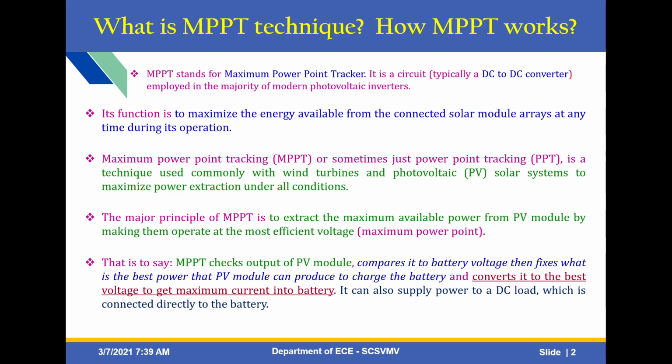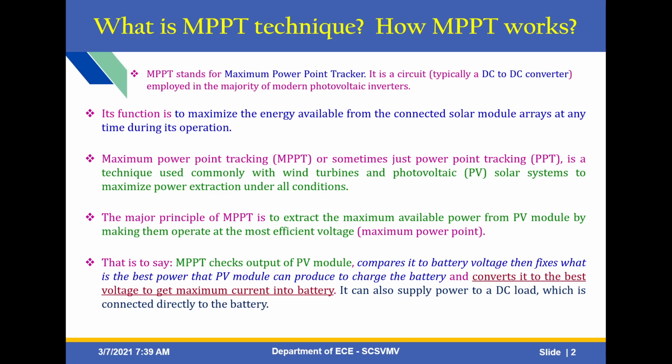It is a circuit, typically a DC to DC converter. It is employed in the majority of modern photovoltaic inverters. The major principle of MPPT is to extract the maximum available power from the PV module by making it operate at the most efficient voltage. That is called the maximum power point. Its function is to maximize the energy available from the connected solar module arrays at any time during